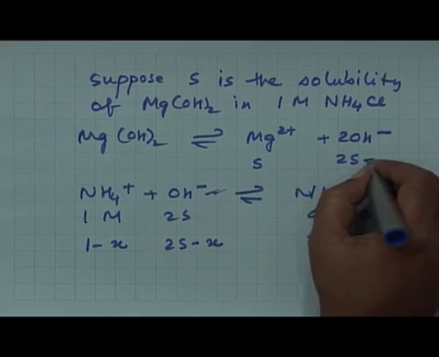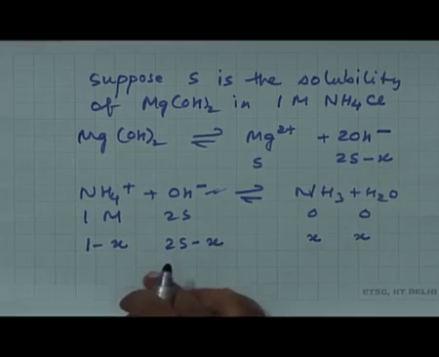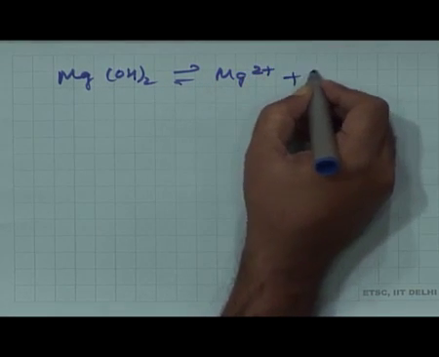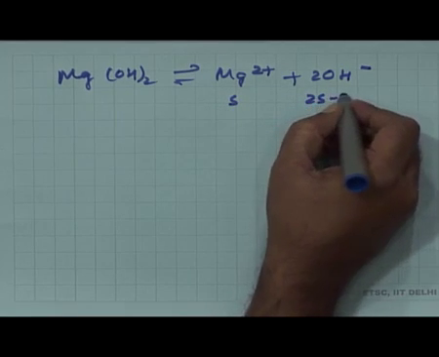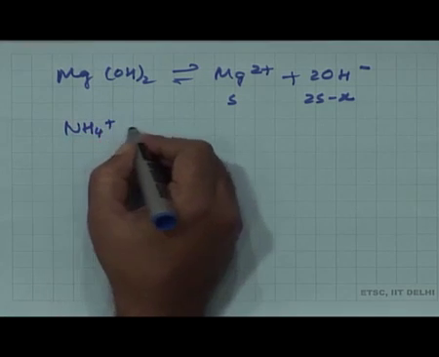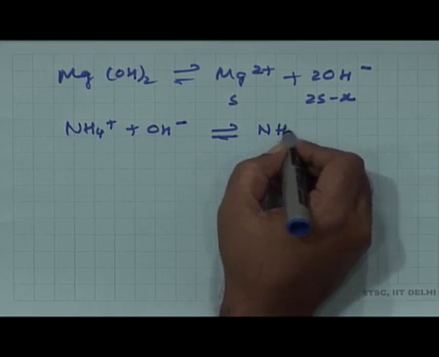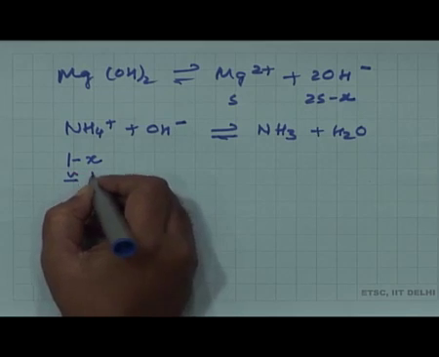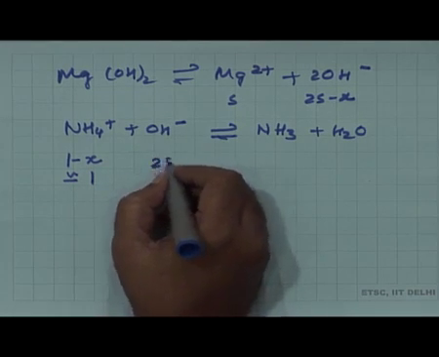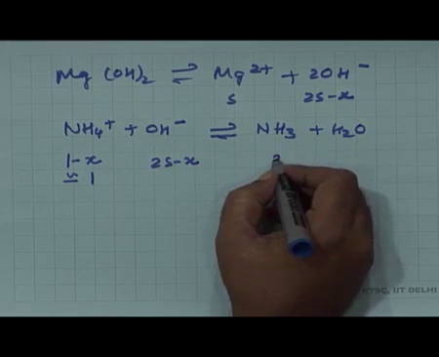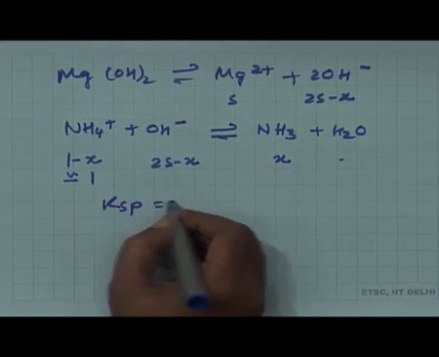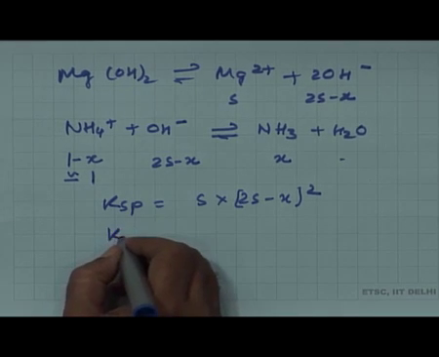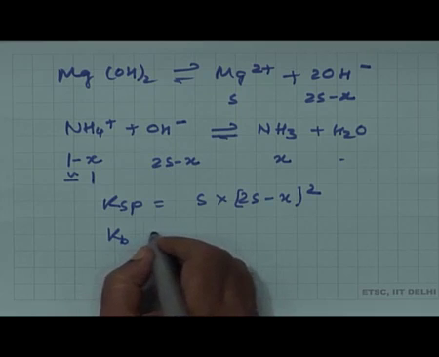And since both are OH- ion, you will write 2S minus X. So, let us again write both reactions. Mg(OH)2 gives Mg2+ and 2 OH- ion; this is S, and this is 2S minus X at equilibrium. And for the reaction with NH3 plus H2O, at equilibrium this is 1 minus X, which is almost equal to 1 molar, and this is 2S minus X, which is the OH- ion concentration, and X. So, we know Ksp will be equal to S into (2S minus X) squared, and second we know Kb will be equal to